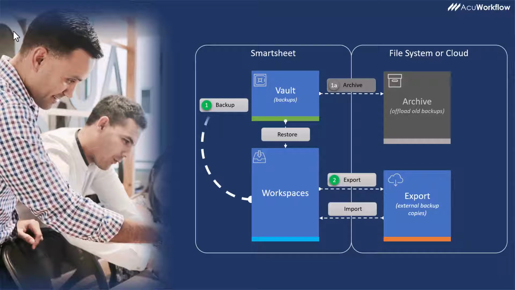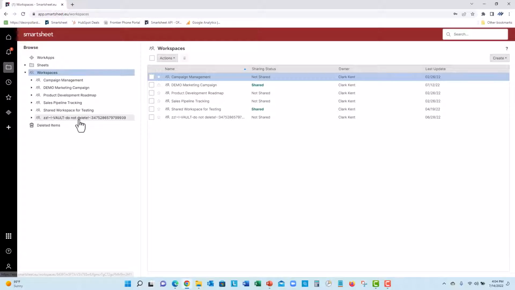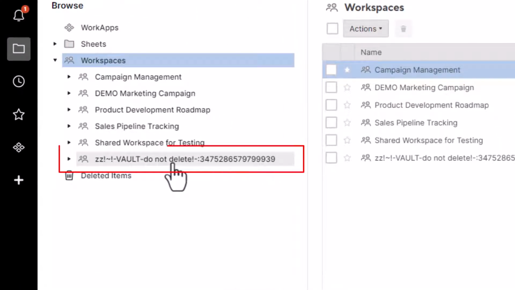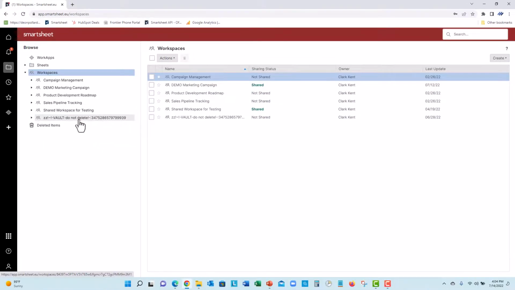As a Smartsheet user, when SmartBackup is installed, the only small change you will see is that a new workspace has been created in your Smartsheet account. This workspace has a special name, which looks like this. This special workspace is used to store the backup copies that SmartBackup creates automatically, and it is referred to as